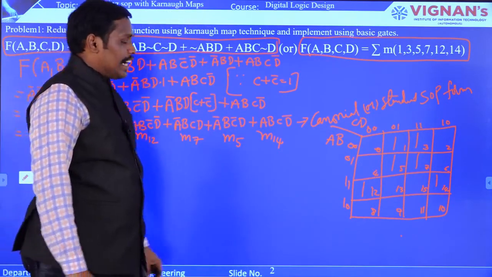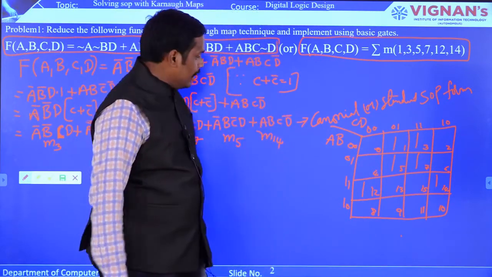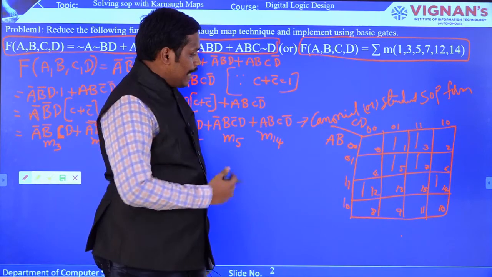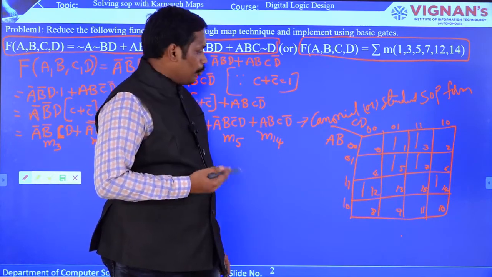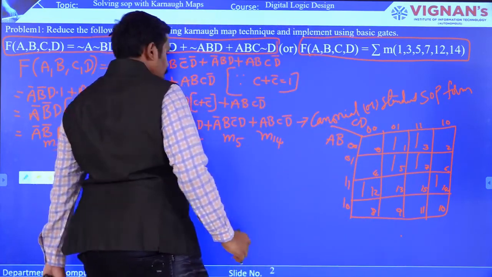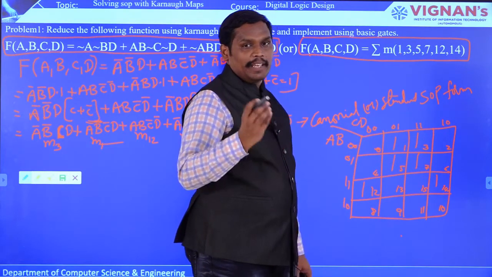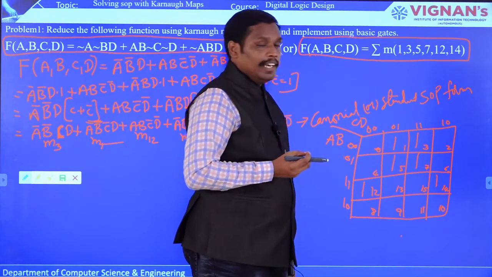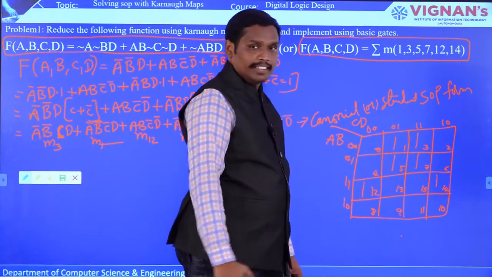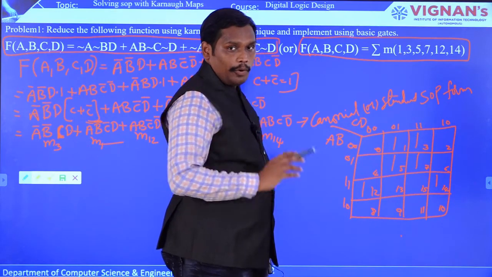Now, as the Karnaugh map with all ones is ready, the next step is you are going to form them into groups, groups of ones. Here in this Karnaugh map, you can see the maximum possibilities of grouping ones. We will be constructing a group of ones, that is pair, quad or octant. Pair means two adjacent ones, quad means 4 ones, and octant means 8 ones. In this Karnaugh map, you can see that there are no 8 ones. That is the reason no octant is there, and now check for the quad.